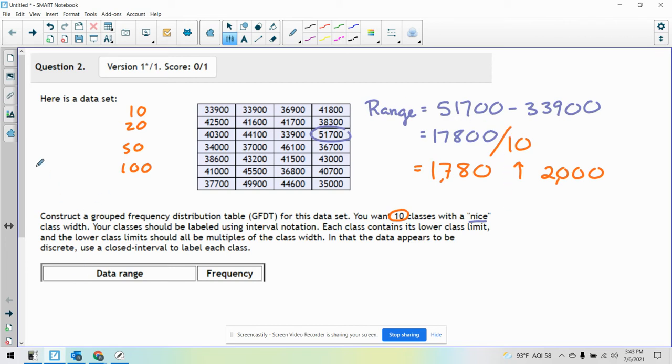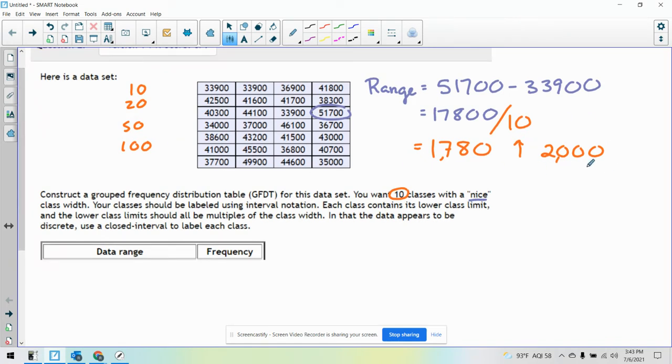So what I have to do is set up my interval so that the first class contains the smallest value in my data. So this is the smallest value, 33,900. So I want to start my first class at the next lowest number below this that is a multiple of the class width. So what's the next lowest number below this that's a multiple of 2,000? Well, 33,000 is not a multiple of 2,000, but 32,000 is. So this is going to start at 32,000. I don't want to use a comma there. I'll explain why in a second. 32,000